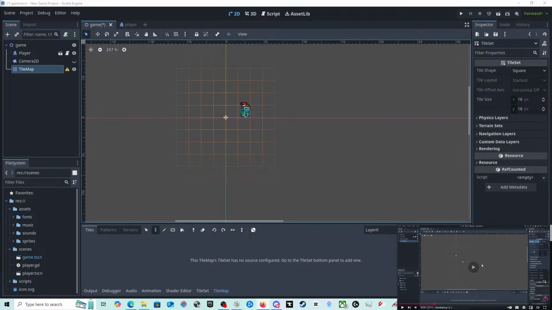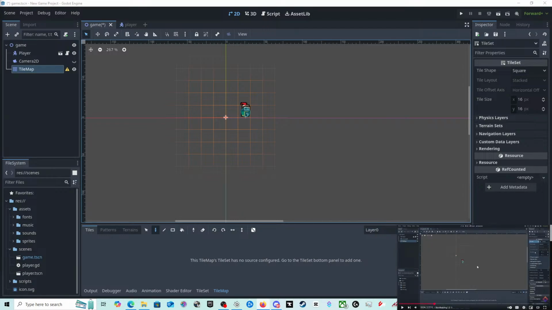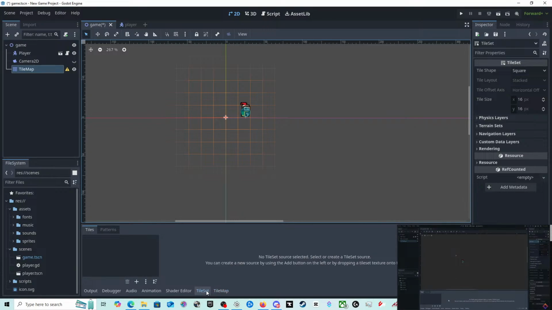Oh my gosh. He doesn't say any of this. I don't know if he's showing it, but because of the way I've got it laid out, I can't really see the screen. Oh, unless I do that. Thank you, dude. Bottom here you can see that we have two tabs. We have the tile set and tile map. So before we can start painting with our tile map, let's go into our tile set and configure this property.